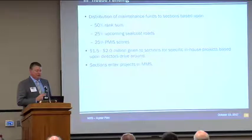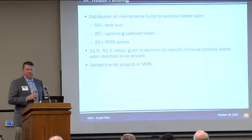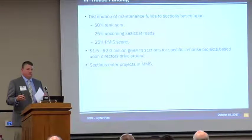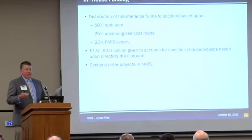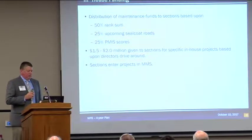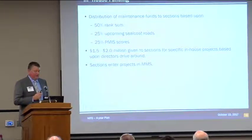This is the rough distribution of maintenance funds. In the past, we may have had $6 to $8 million that we were going to try to distribute to our maintenance sections. And it may have been that they just said, well, we have 12 maintenance sections, we have $6 million, let's give them each $500,000. But they tried to come up with a more sophisticated way of distributing those